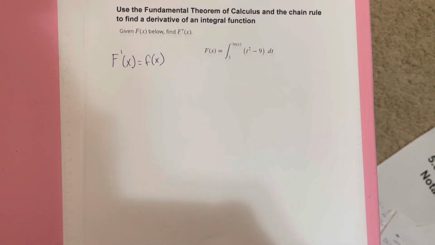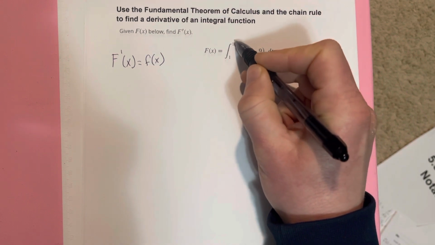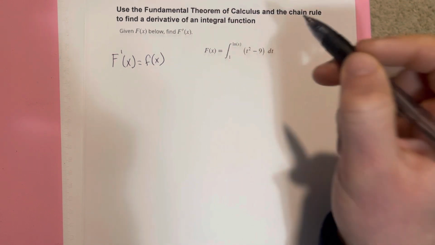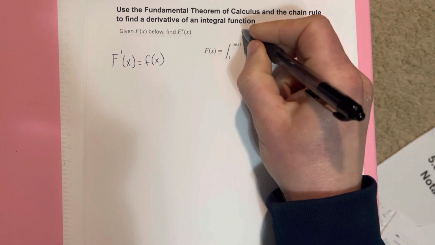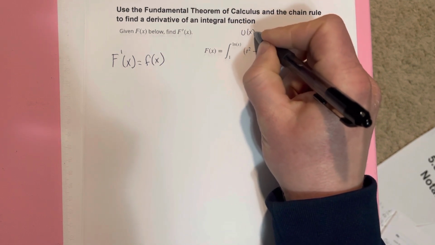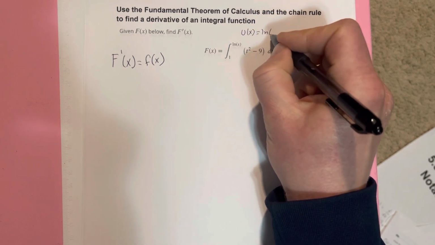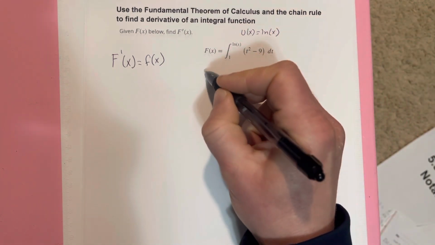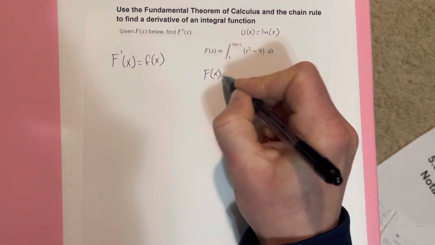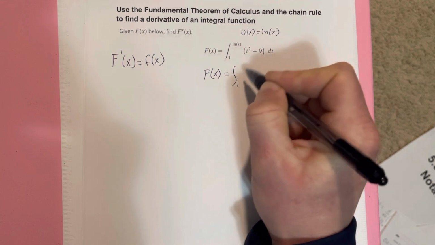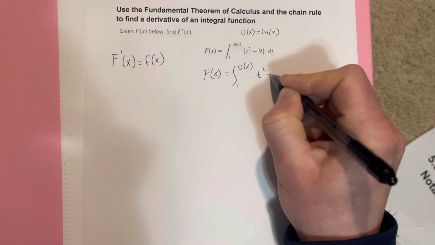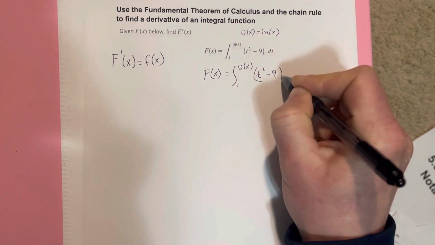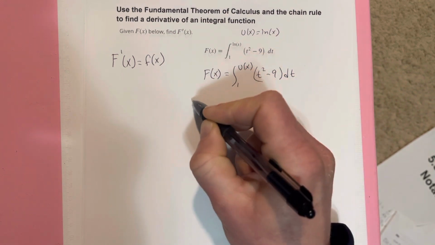But what I want to do is take care of this natural log x up here, because that's going to cause a little chain rule issue. So I'm going to say that u of x is equal to natural log x. So I'm going to replace this upper bound with u of x. And what that does is when I take f prime of x,